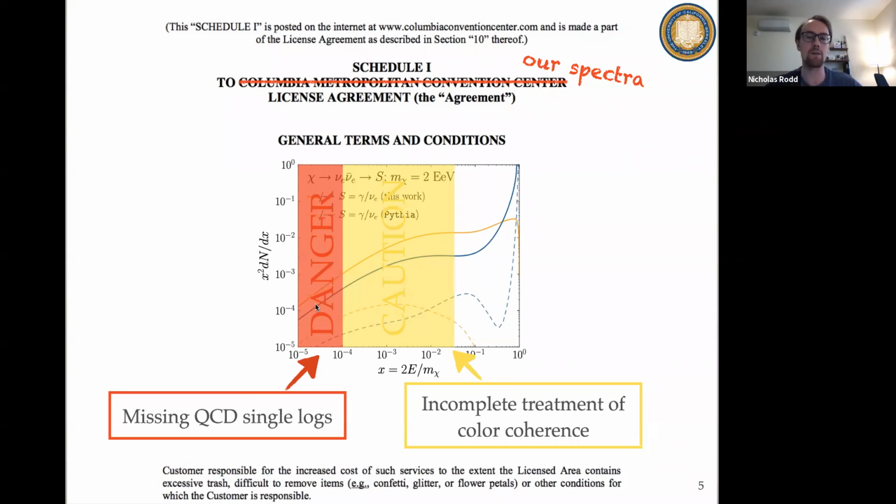But one nice thing about what we're doing here is that Pythia is a bit opaque about what exactly it is and isn't capturing, because it just wasn't designed to operate at EeV energies, for example. But with our calculation, it's systematically improvable. So although there are uncertainties here at the moment, this is something we would like to improve as we go forward. So that's really the story in just a couple of minutes. What I want to do now is just dive into this in a bit more detail.